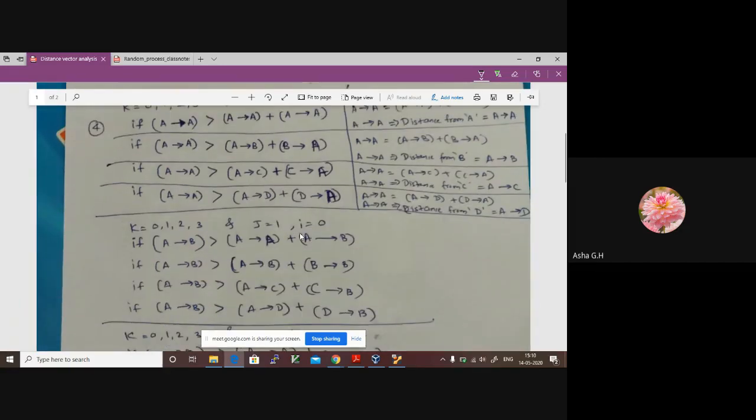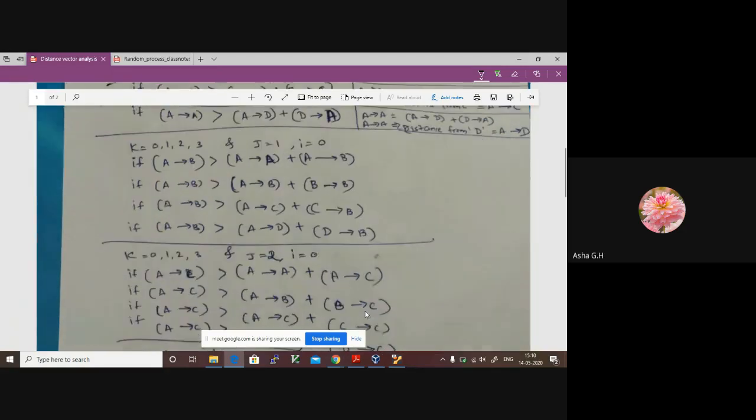Now in the second iteration, I is still 0, J is equal to 1. It means that from A to the next second node. For K is equal to 0, first line, for K is equal to 1, this line, for K is equal to 2, this line, and for K is equal to 3, this line is executed. So similarly, for the third case, when I is still 0, J is incremented by 2. It means that now A to C is the path that we are interested to find out. Again, K will start from 0, it will increment by 1, again by 1, it will reach 3. After that, it comes out of the loop.